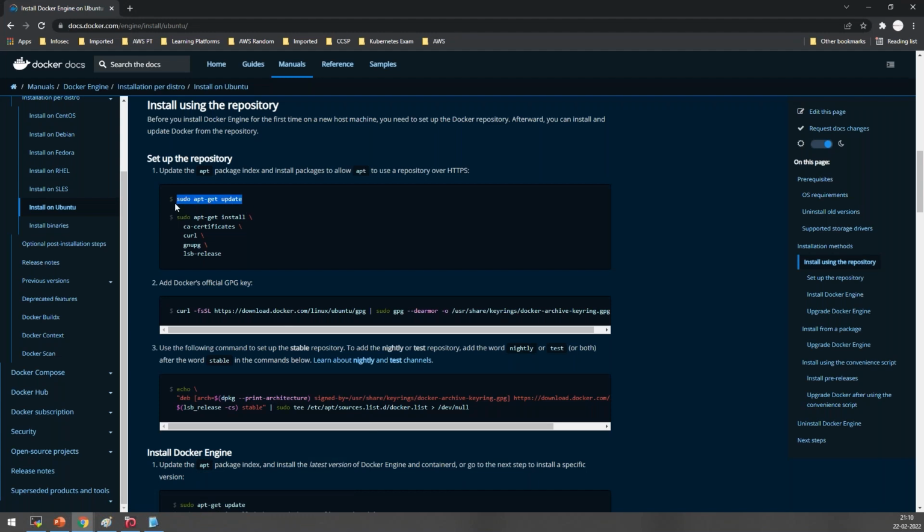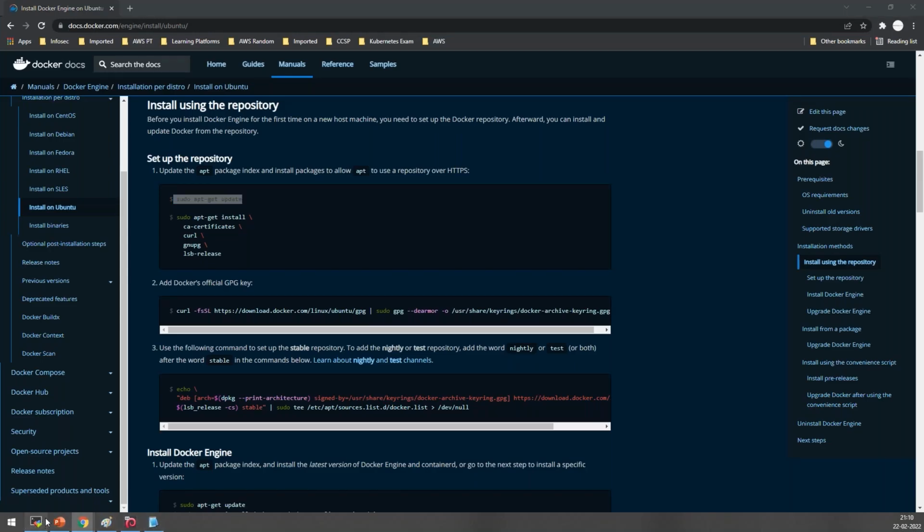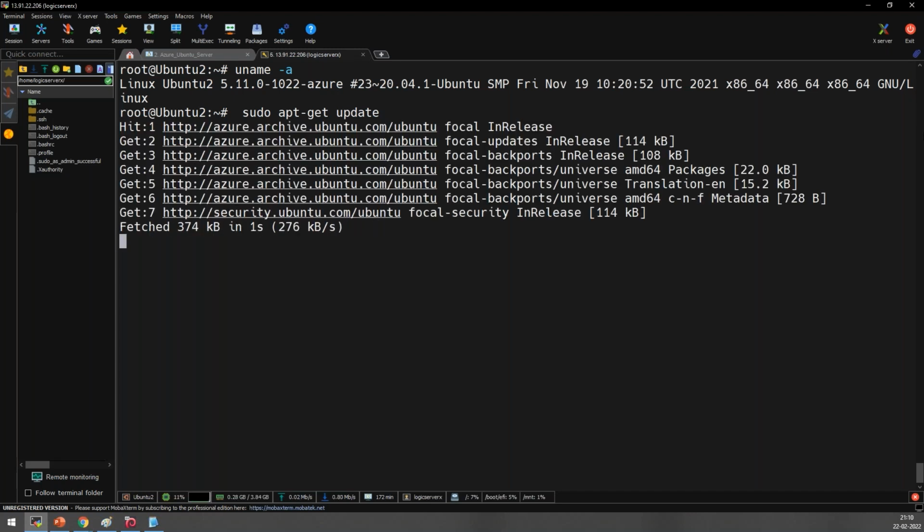What is the use of this first command, team? This command will update the list of repositories on your system. It will search for the updates of the software versions in your computer and refresh the application cache. That's all. So I'm just going to do that. When you do it on your computer, it can take some time because it is scanning the repositories for the latest updates on software.